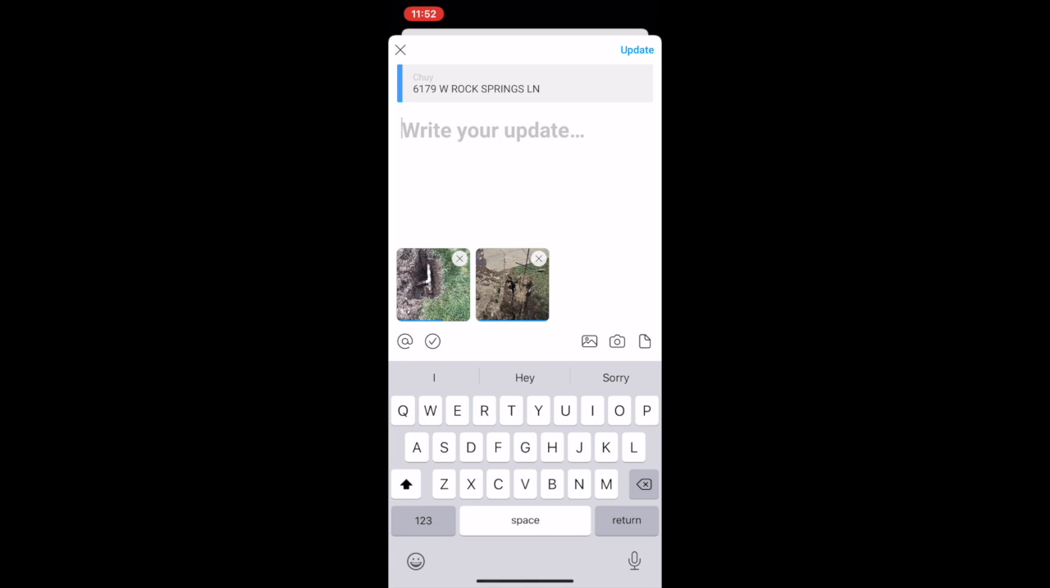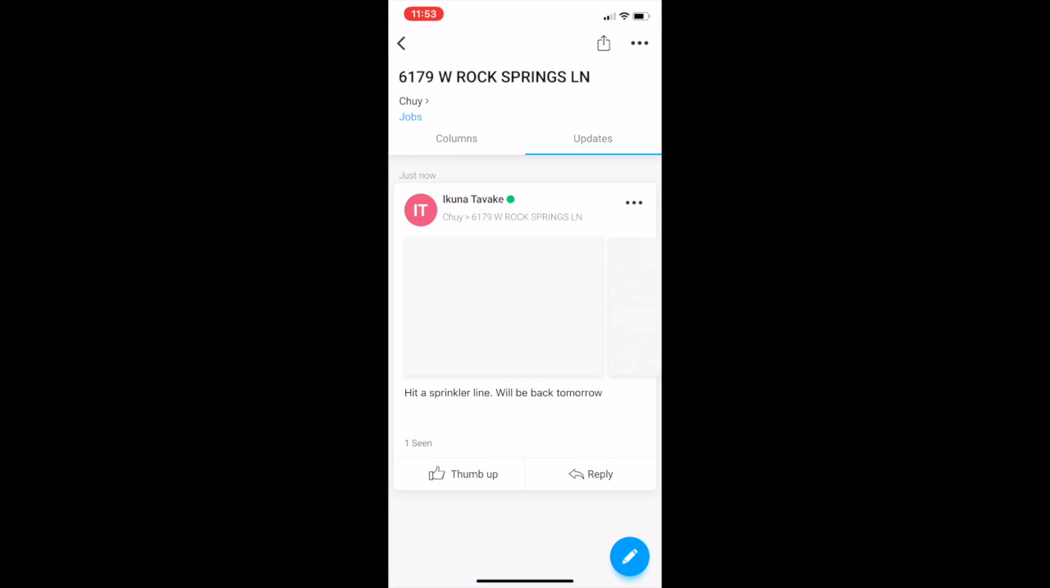You can say something like hit a sprinkler line, and then we'll just say we'll be back tomorrow. Okay. And then as soon as you are done writing that and uploading the pictures, up in the top right corner, you can click the update button, and it'll let us know back here at the office what's going